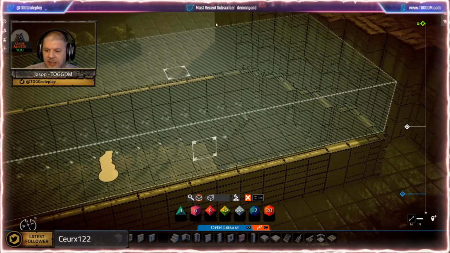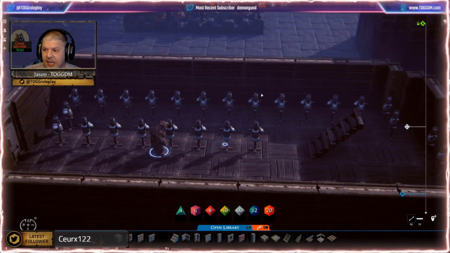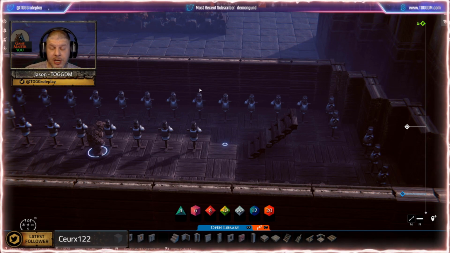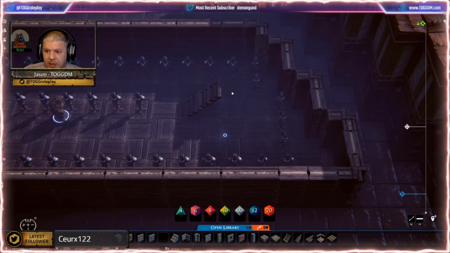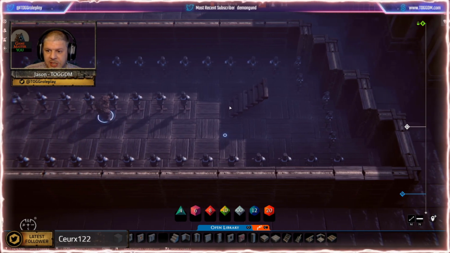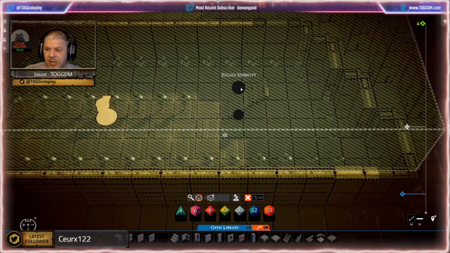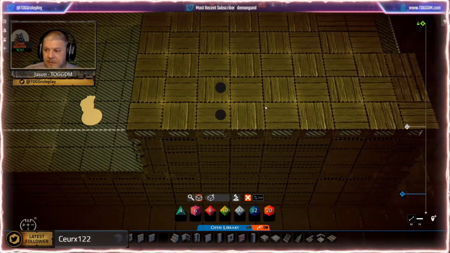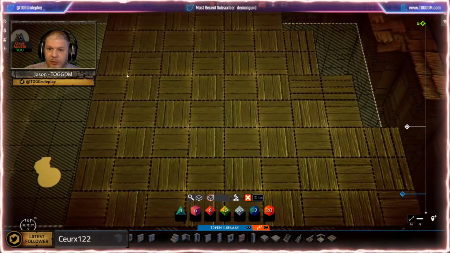Click outside. And tab. Here's my hide volume. It's hiding that upper floor, that upper area. So now I can see everything that's down in there. Well, now players go up the stairs. I hit tab, go into my hide volumes, right click, and I can toggle the visibility. Oh, great. Now what? Well, I'm going to put another hide volume right here